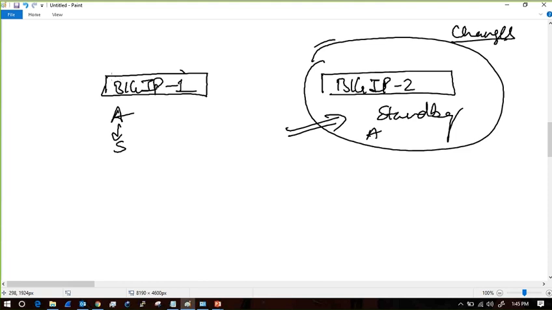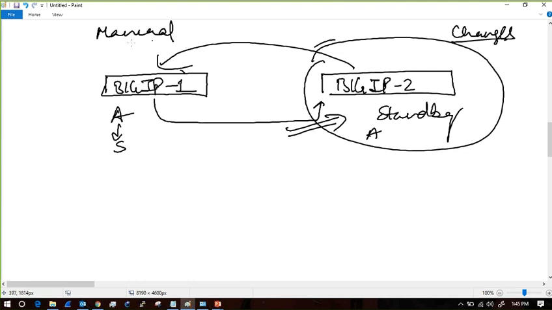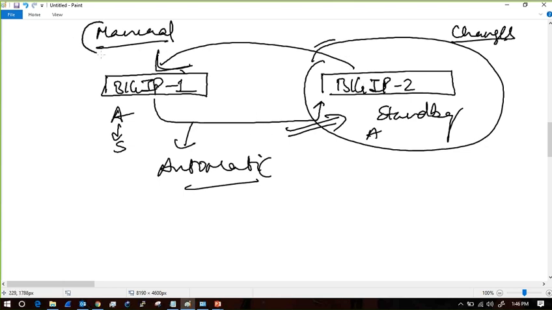And the second thing, you are asking whether the changes are going to travel onto the other BIG-IP or not. There are two options: one is manual config synchronization, and the second is automatic. If you select automatic, as soon as you save the configuration onto one device, it is going to be passed on to the other device. They keep updating and syncing the configuration file. If you choose the manual one, you need to sync that device